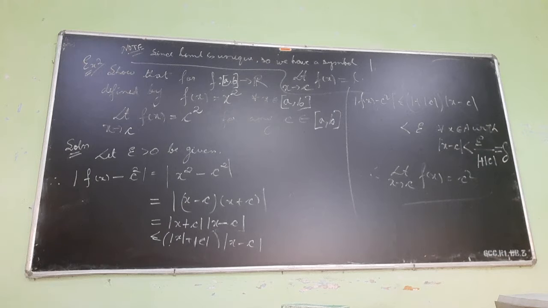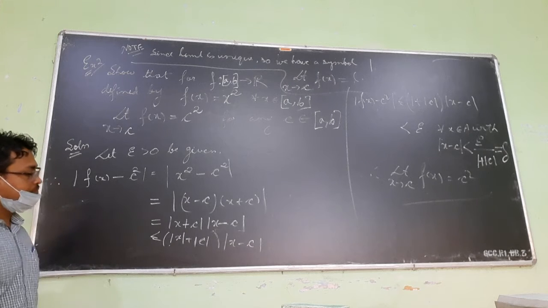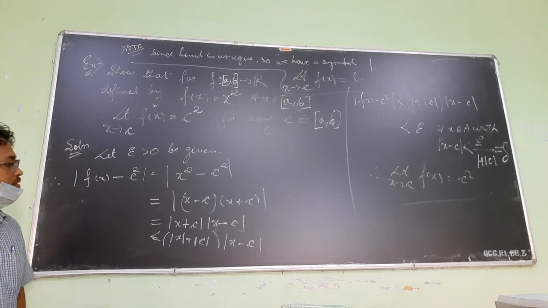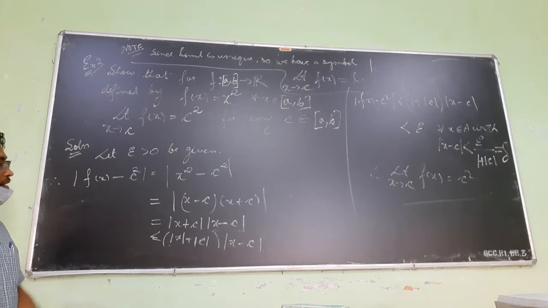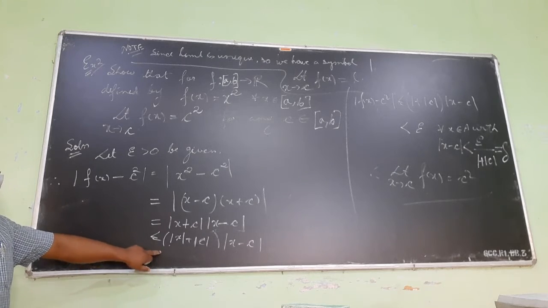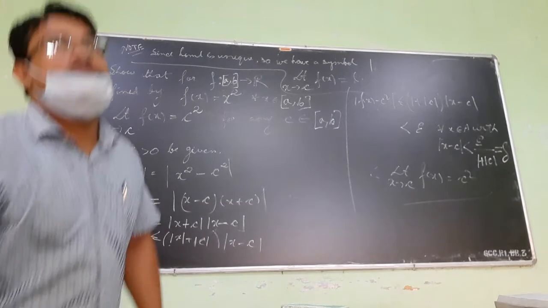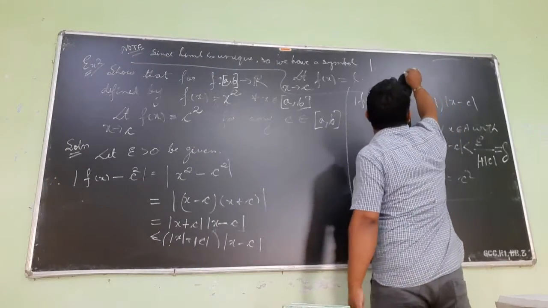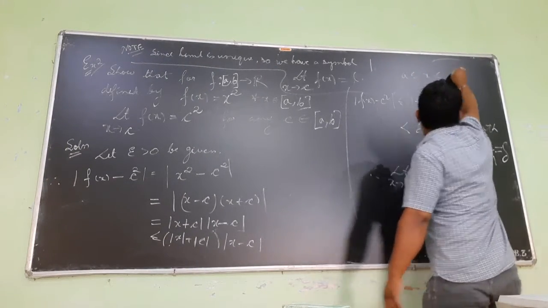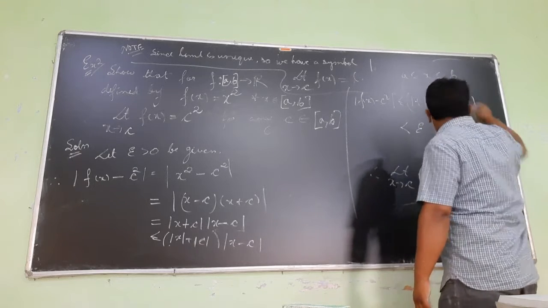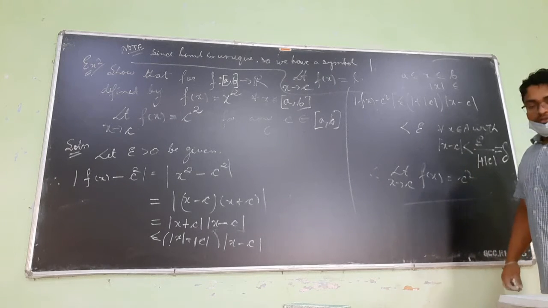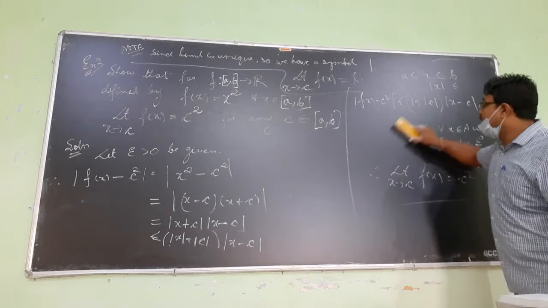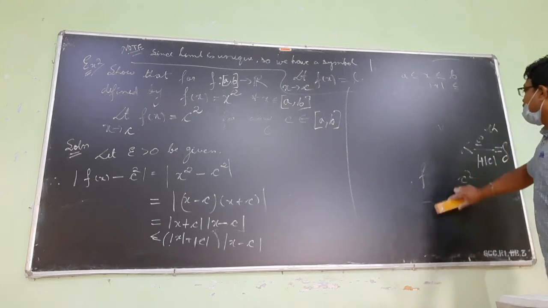So you can write mod of x less than what? Mod of x plus mod of this, so it will be less than or equal to what? Earlier I wrote mod x less than 1. Here mod x less than what? X lies between a and b. So mod x will be less than or equal to what? Not necessarily b. Not necessarily a also. What should mod x be less than or equal to?